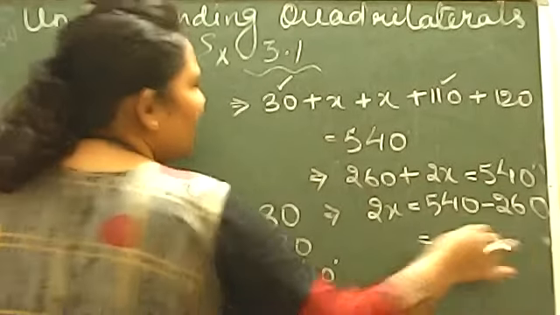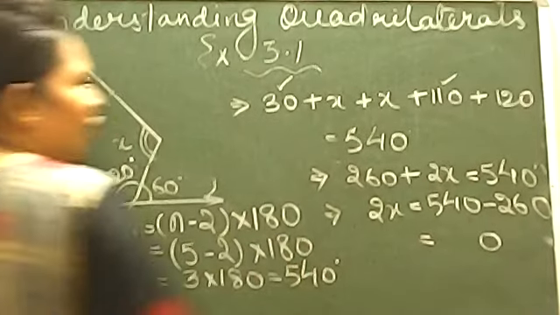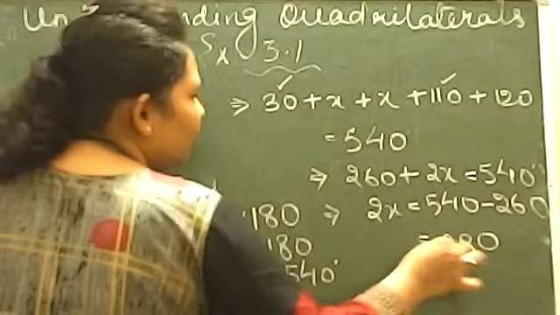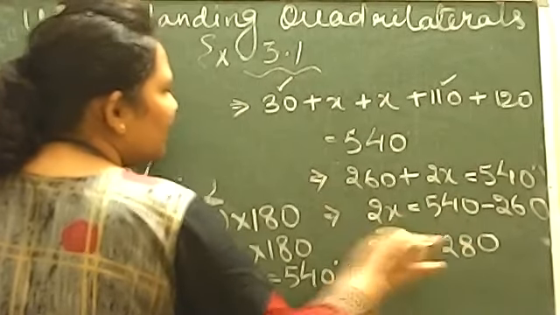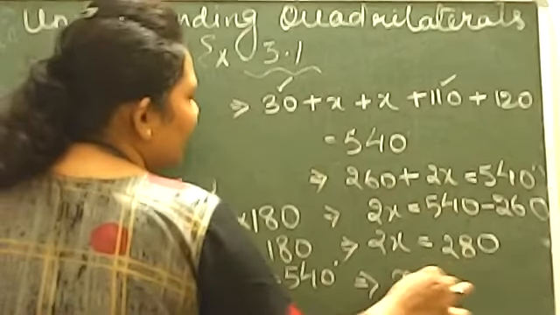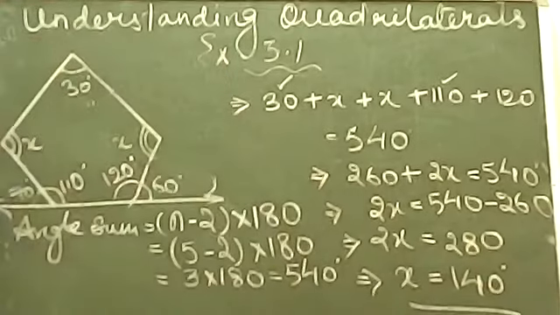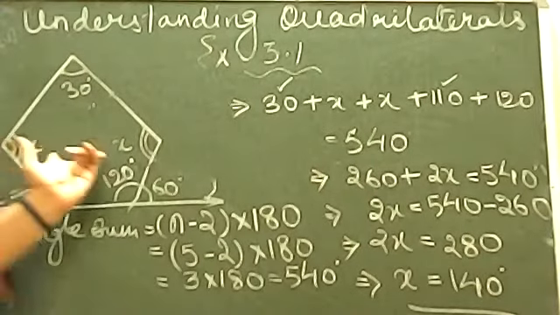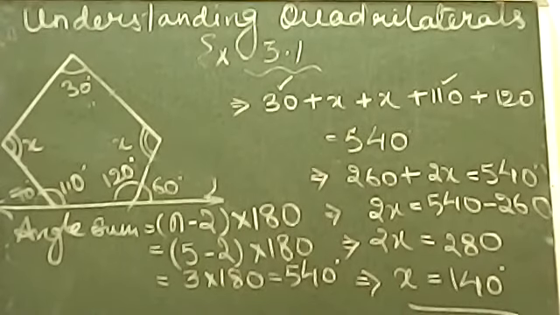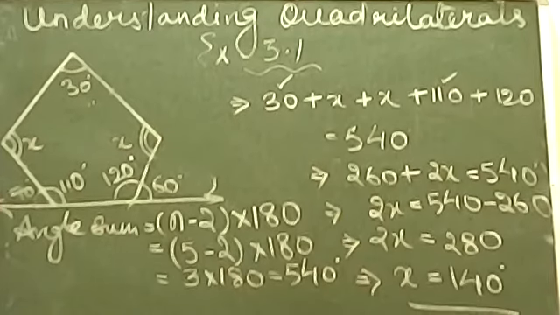0 minus 0, you will get it 0 only. 4 में से 6 जाएगा नहीं, that will be 14. 14 minus 6, it will give you 8. And 4 minus 2, it will give you 2 only. So 2x is equals to 280. So x की वैल्यू आ जाएगी बेटा 280 divided by 2, which will give us only 140 degree. It means ये दोनों एंगल जो आपके पास यहाँ पर मिसिंग थे, that each angle is of 140 degree. Finished now. This is completed.